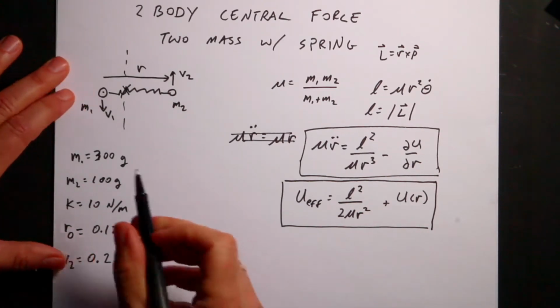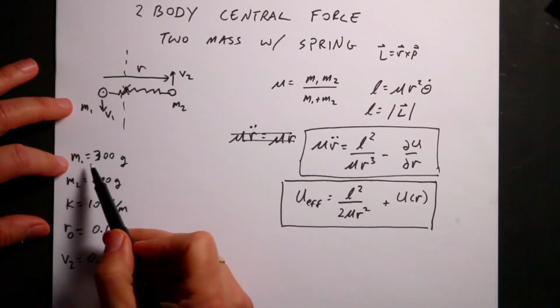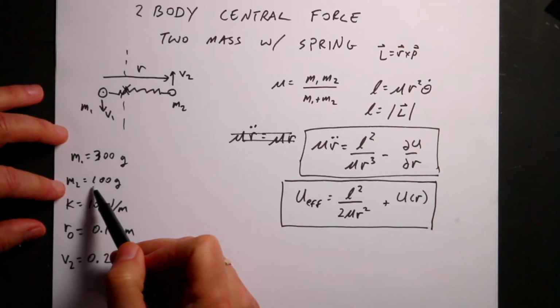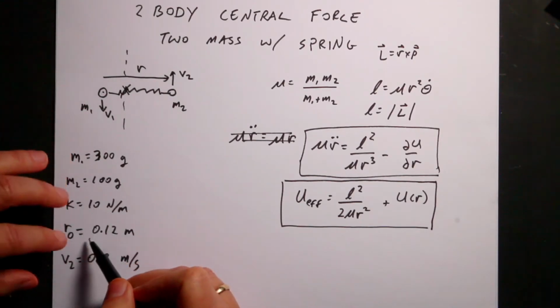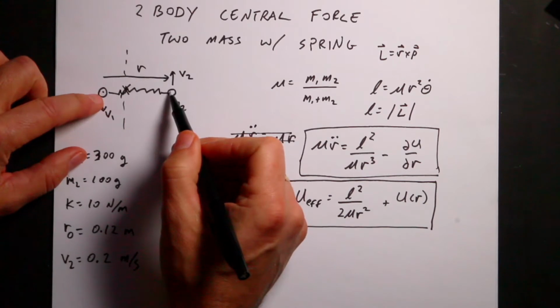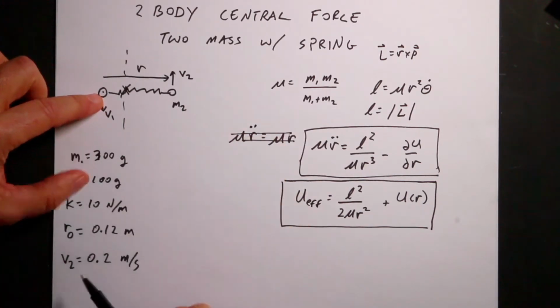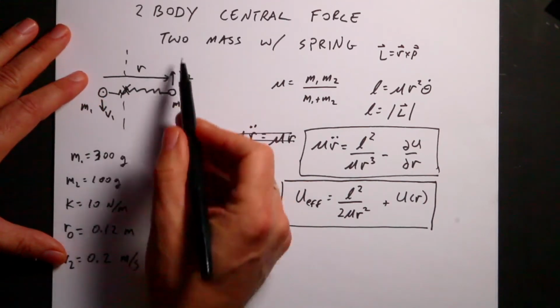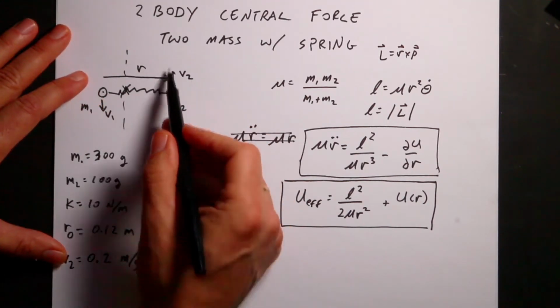So here are the parameters I have. I picked some values. M1 is 300 grams. M2 is 100. The spring constant's 10. The initial r position is 0.12. And I put this V2 is the velocity. It's going to be initially moving just in the